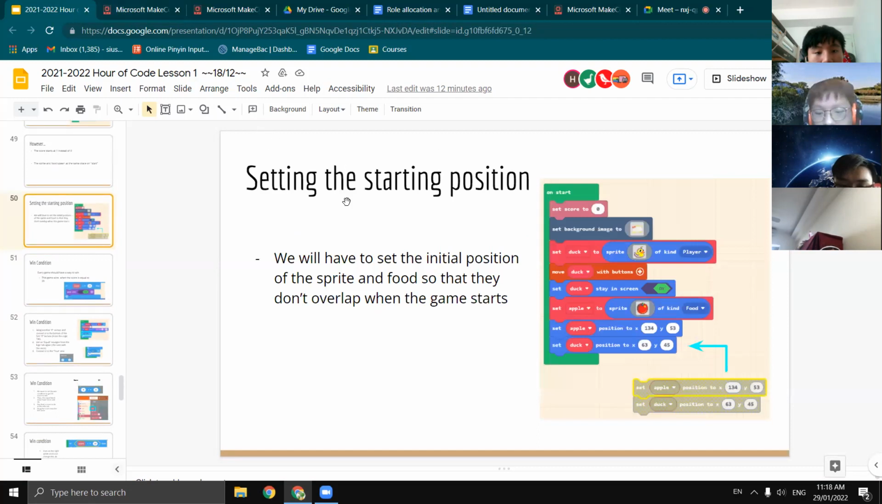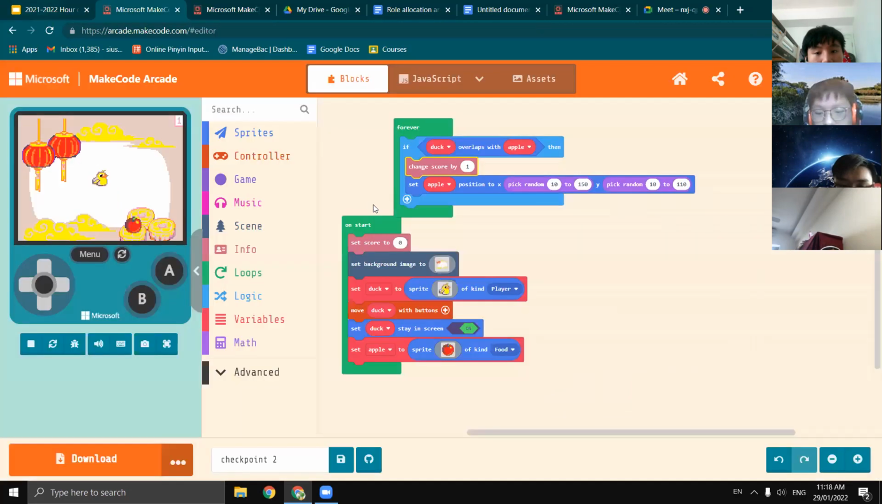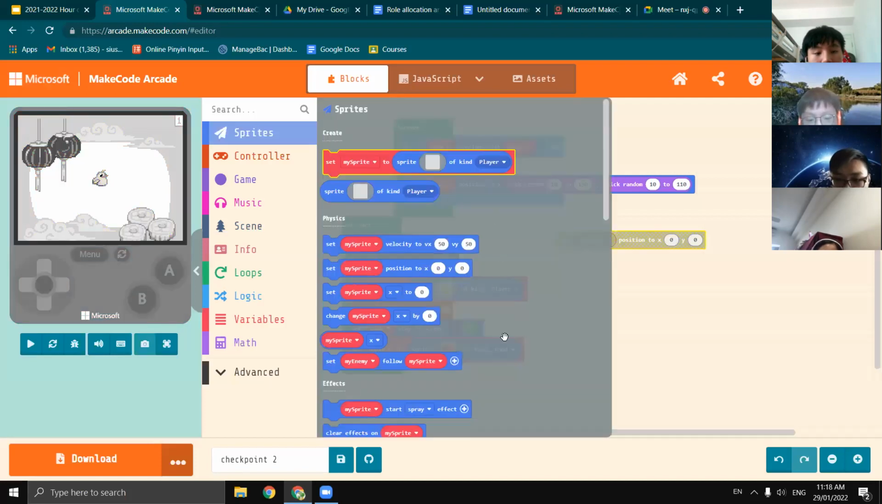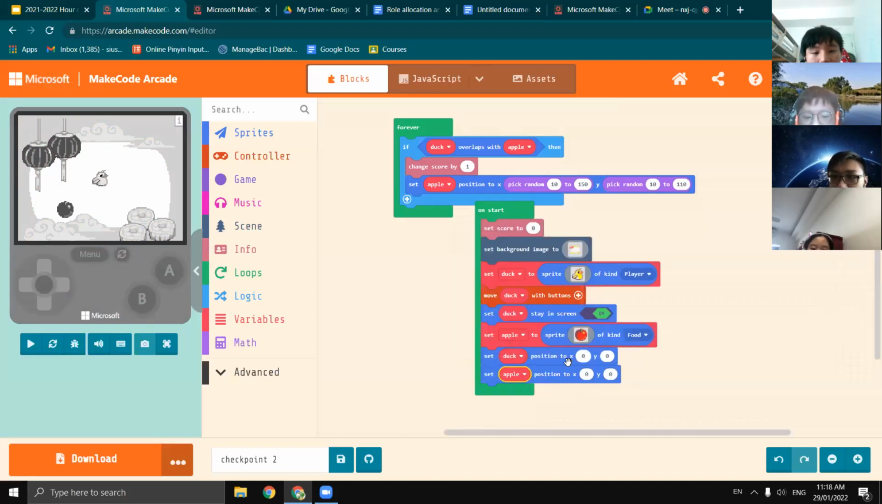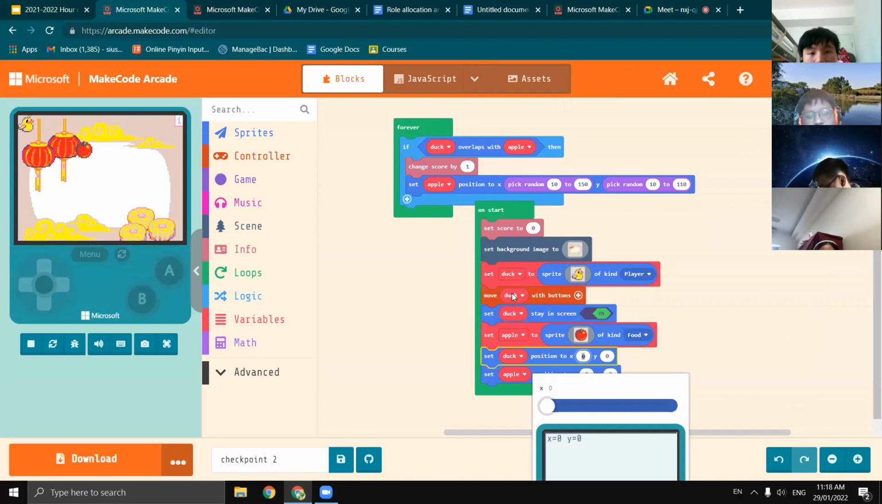Yeah. So you put set my sprite position to x0, y0 twice, and then you block. And then you put duck and apple on each one of the set position blocks, right? You can put the